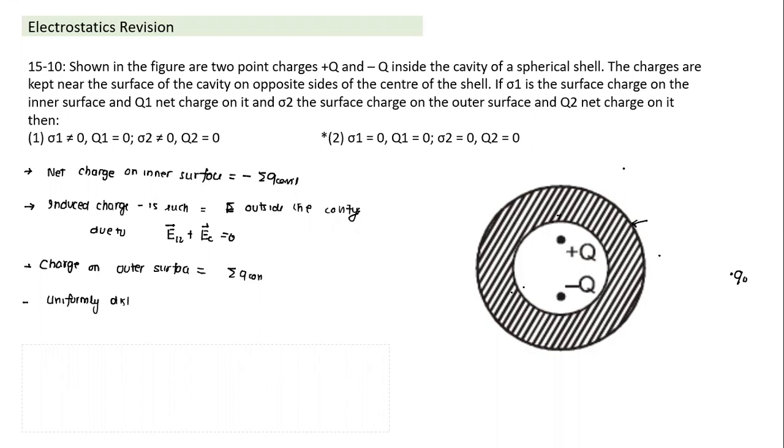And a similar thing happens here. The outer surface, how does the distribution take place? The induced charge on the outer surface, how does it distribute? It makes the field anywhere inside the outer surface equal to zero. Which field am I writing? Field due to the induced charge on the outer surface, plus field due to the charge outside, becomes zero for the region inside the outer surface.